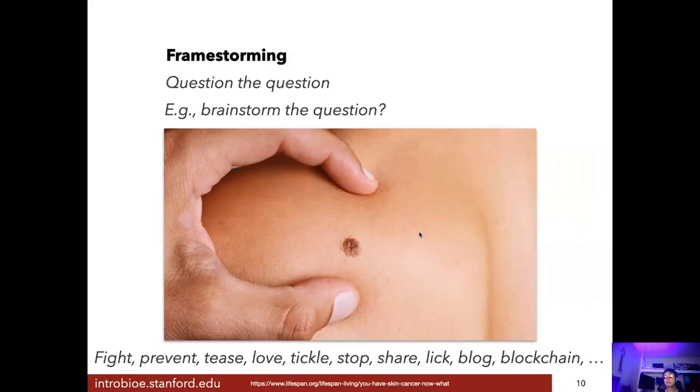You could keep going, of course. You could have 100 different ideas here. And then you go, which one of these is really unique, potentially powerful, has never been asked before, lets me pioneer an entirely new Bionaut idea and opportunity? So I love all these tools we're introducing you to, but framestorming is really one of my favorites because it lets you question the question. And if you really embrace framestorming, I guarantee you will find new ways of thinking about important problems that nobody's uncovered before. That's framestorming.